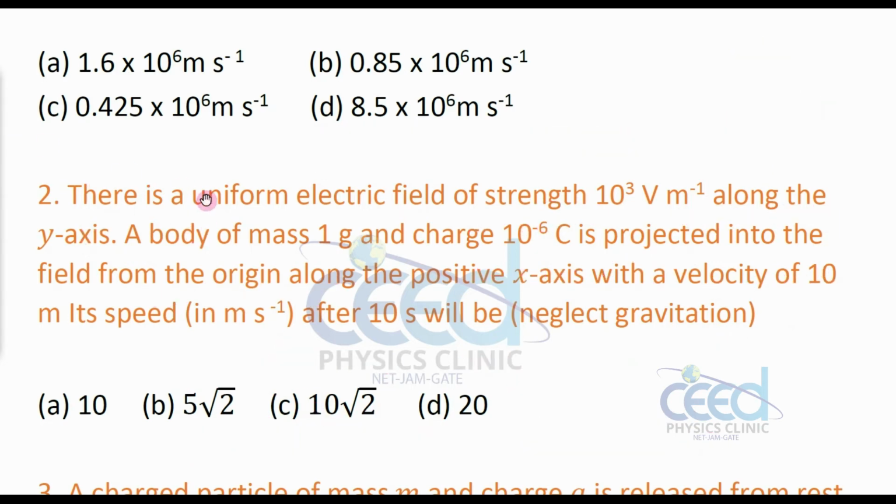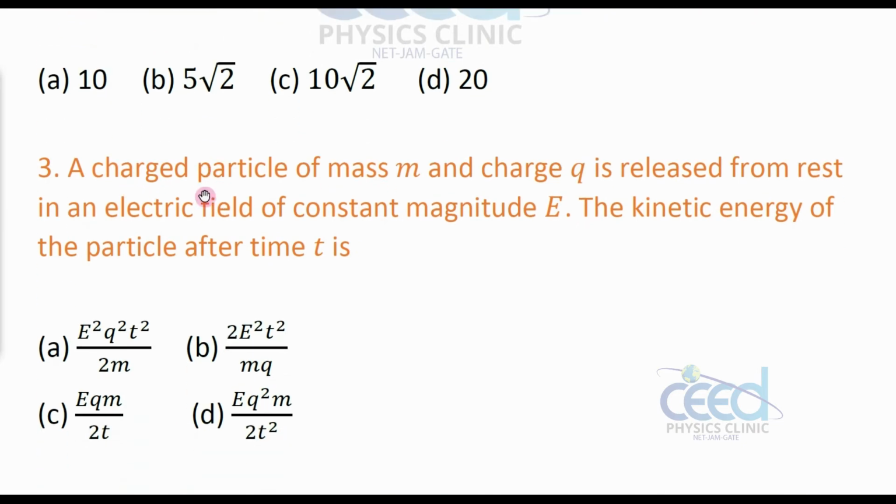So let us come to another problem. A charged particle of mass m and charge q is released from rest in an electric field with a constant magnitude E. The kinetic energy of the particle after time t is? Again, with the same concept, we have this problem. Here also a charge q is starting from rest, so u is equal to 0, and it enters an electric field. Finally it will acquire a velocity v. Alright, so we already know this v is equal to